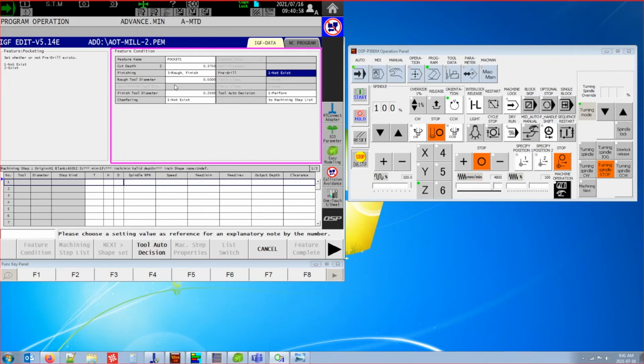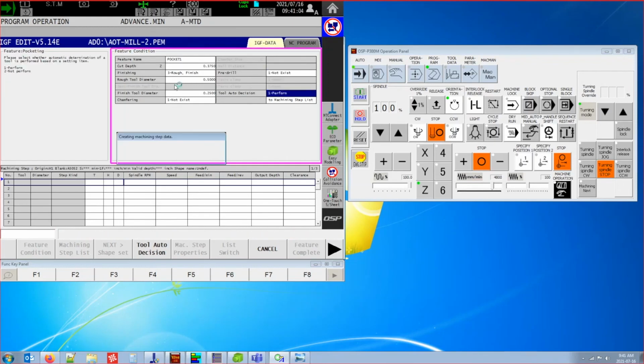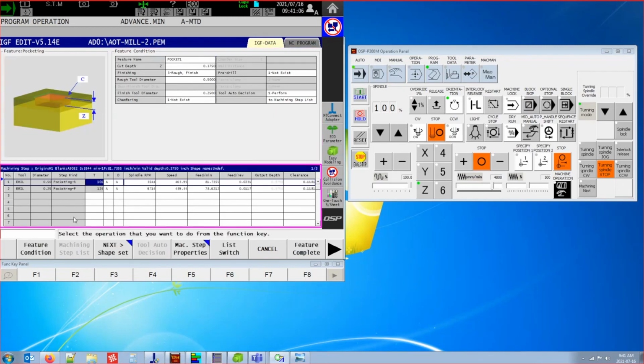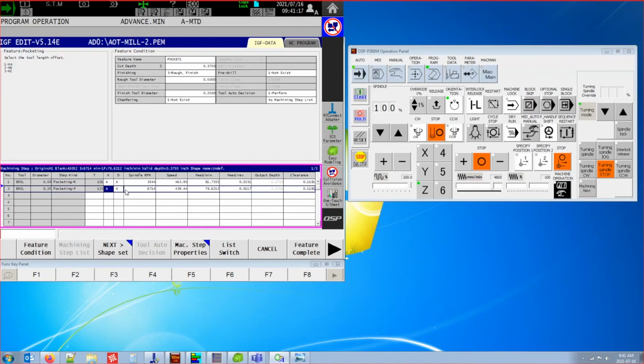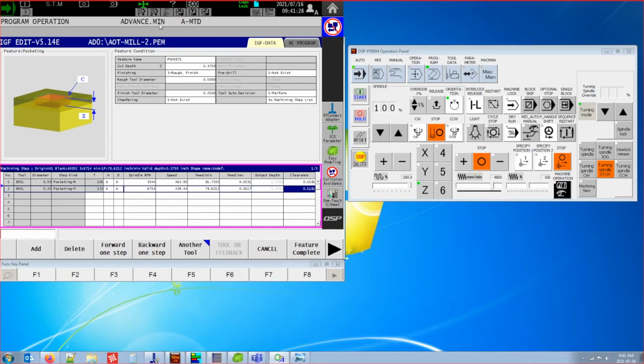I'm not going to bother to pre-drill any holes, but I am going to do my tool auto decision. And so whenever I hit F4, it'll bring up these 2 tools, and it picked for me a tool that I had on tool 101 that's already in use in this program. And then for my second tool to finish that pocket, it picked tool number 125, which was a 1/4 inch end mill that was already in it. It brought in, again, my feeds and speeds from the table that was predefined. From here,